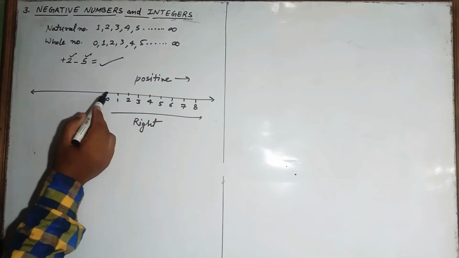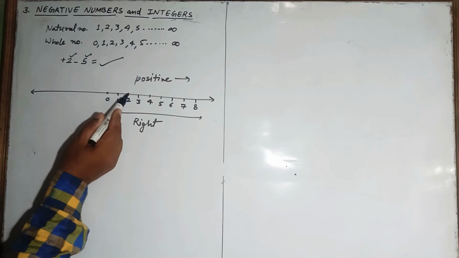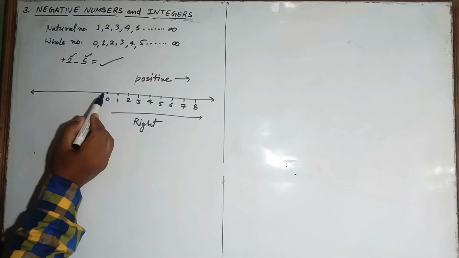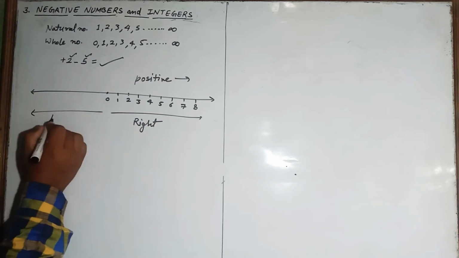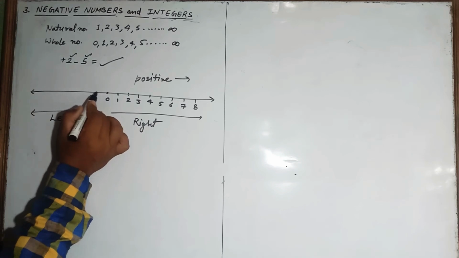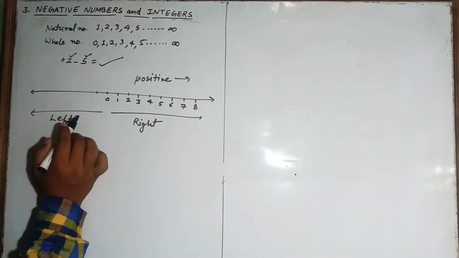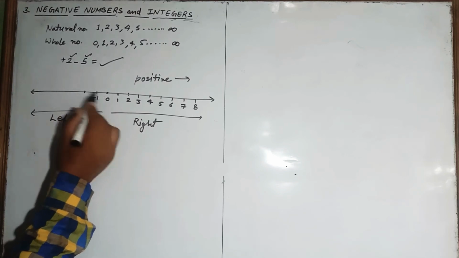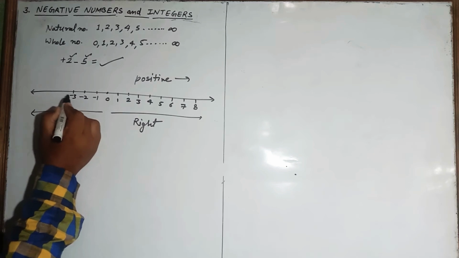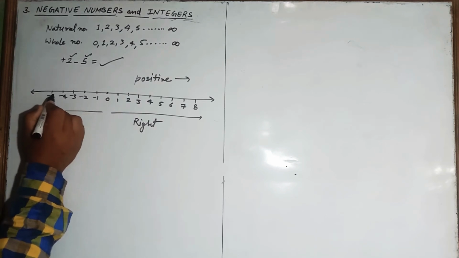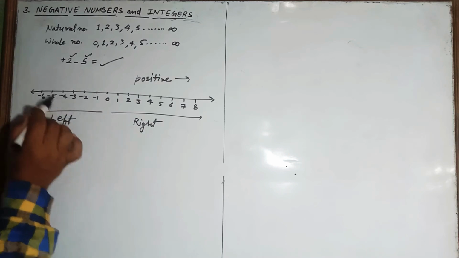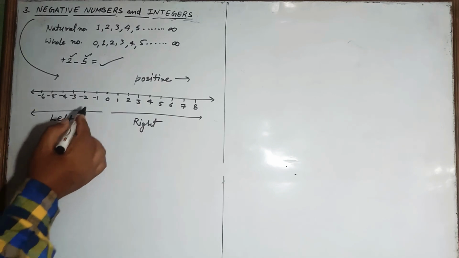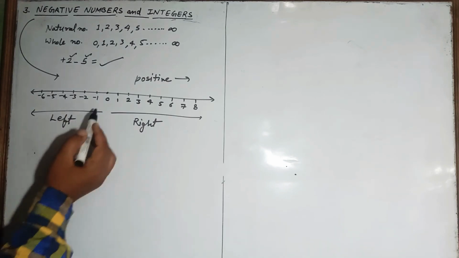So if we move the same distance, as we were moving 1 centimeter or 1 unit, we can say 2 units toward the right hand side. If we move toward the left hand side 1 unit up to here, so what will be the value here? See, it will be minus 1. So again we move 1, 2, then it will be minus 2, minus 3, minus 4, minus 5, minus 6. Like this we can represent these negative numbers on our number line, which will come on the left hand side of this 0.